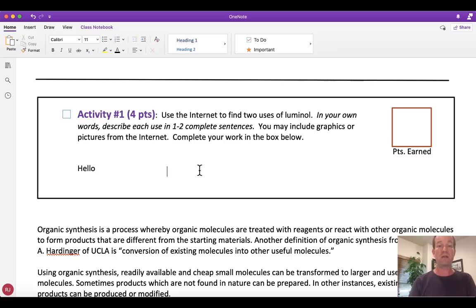And that's perfectly fine as well. If you have some sort of stylus, here's an Apple Pencil, and on my iPad, I can make this work. I'm going to open this up. You won't really be able to see it here because I don't have the screen connected, but I'm going to go ahead and write this answer here that I want to, and so I'm going to write hello here,